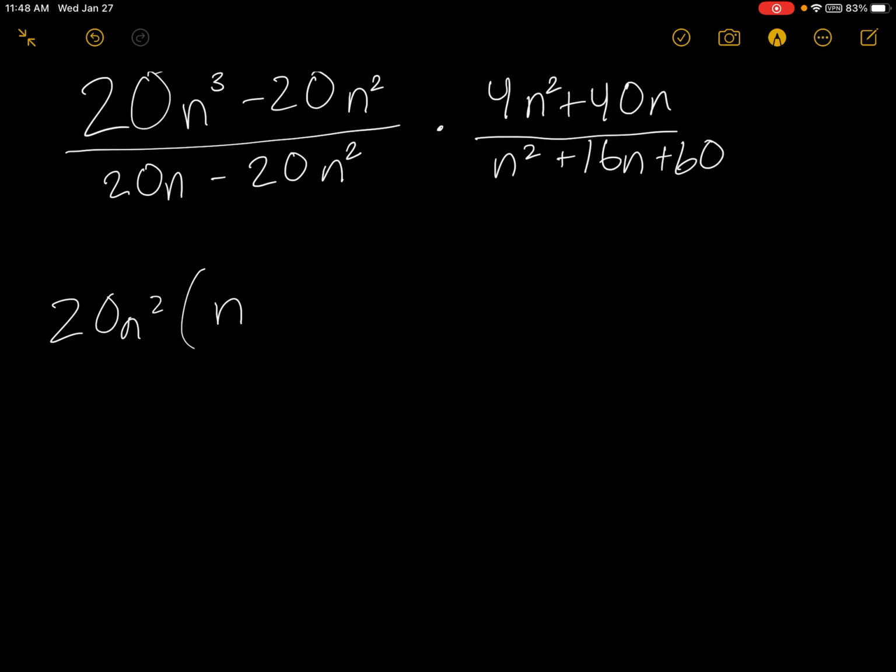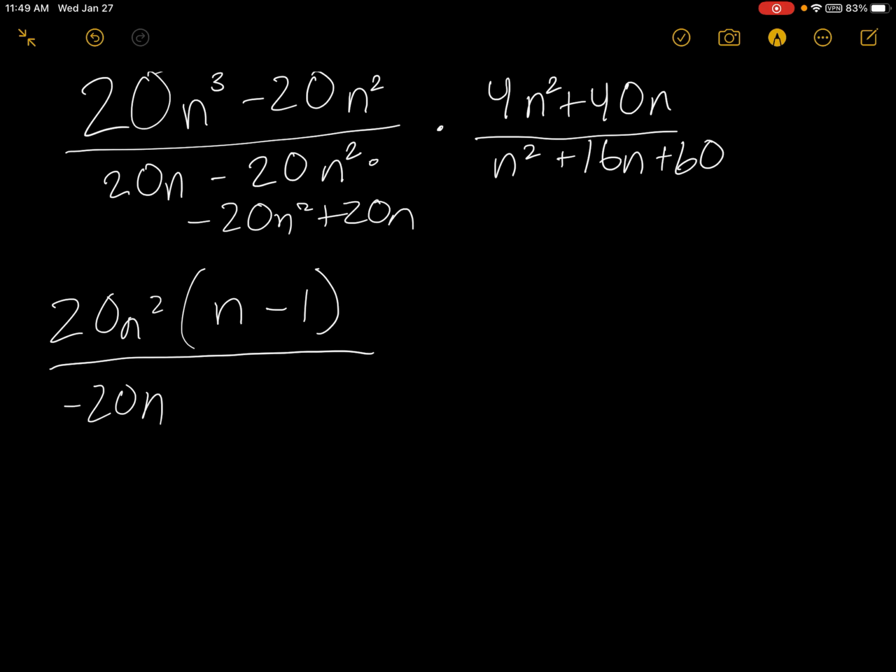And then negative 20n squared divided by positive 20n squared is going to be negative 1. All right, so that is our numerator in the first expression. The denominator here, let's rearrange it first. We want to have our highest exponent first, so I'm going to rearrange this as negative 20n squared plus 20n. They both share a 20 and an n, so I can factor out negative 20n because we want our first